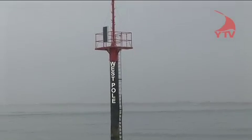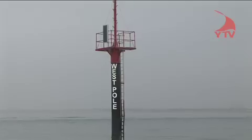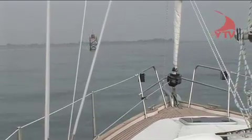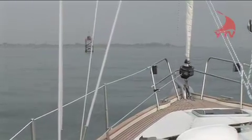10 years ago, well maybe 20 years ago, when I used to teach round here, that wasn't here. The bar was further in at the next mark we can see, which is the Dolphin with all the wind instruments and things on it. The Dolphin used to be the bar itself, but the bar has crept outwards and it's now right out here